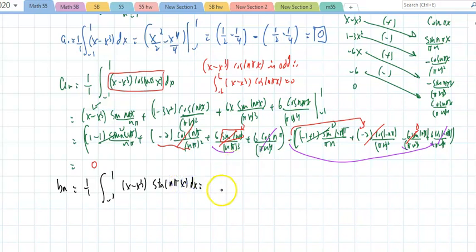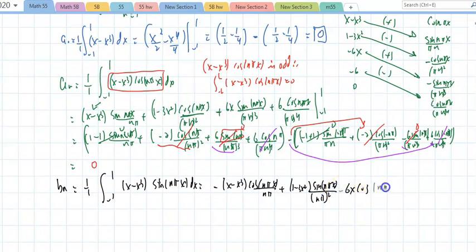That turns out to be a negative x minus x cubed, the cosine of n pi x over n pi, plus a 1 minus 3x squared times the sine of n pi x over n pi squared, minus 6x, the cosine of n pi x over n pi cubed, plus 6 times the sine of n pi x over n pi to the fourth, evaluated from negative 1 to 1, and that turns out to be,